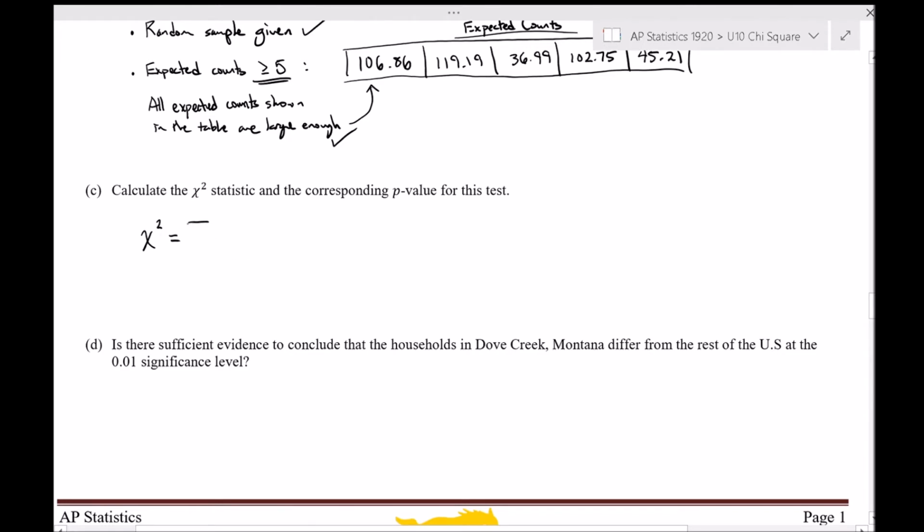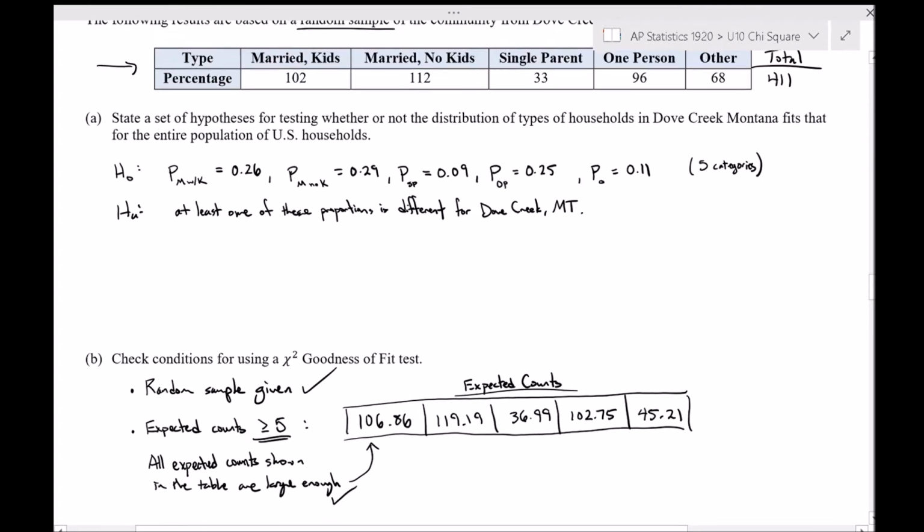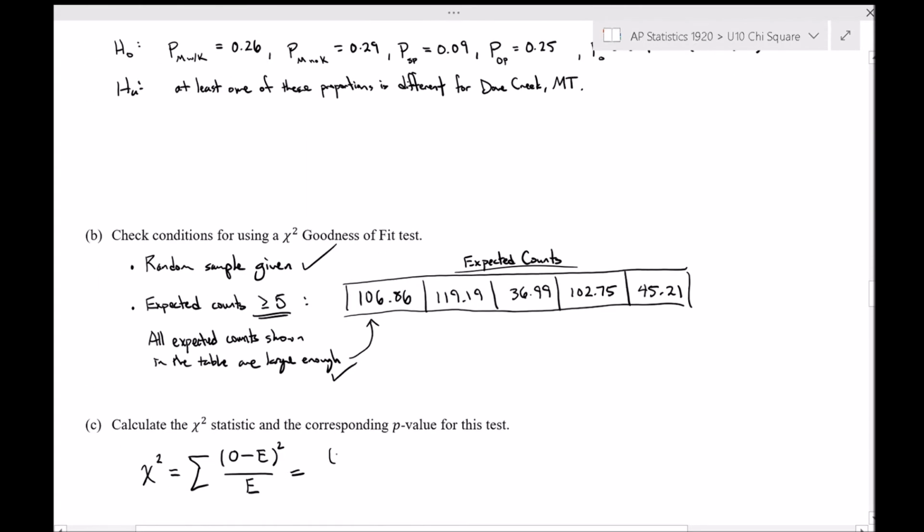Let me write a better sigma, because that sigma was crap. So it's sigma of observed minus expected. We square this difference and we divide by the expected. And we do that for each of the 5 categories. So that's going to equal, in this case, not 106 yet. What was the observed one? Observed's 102